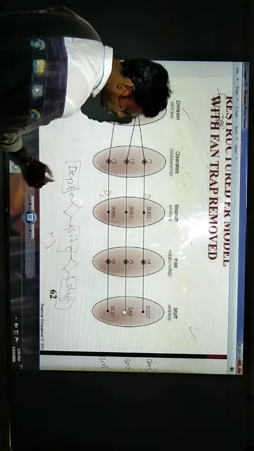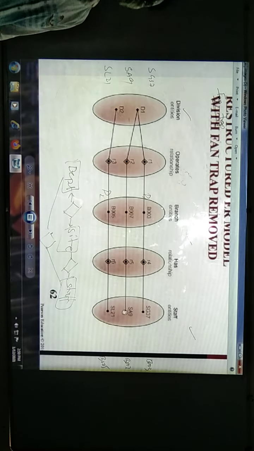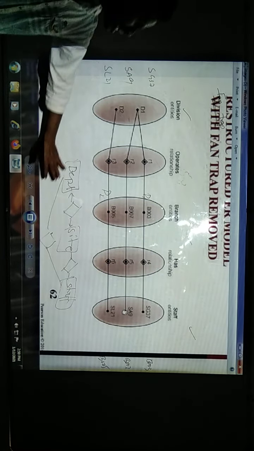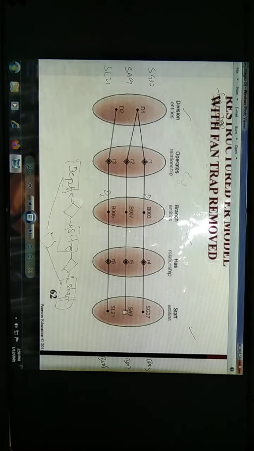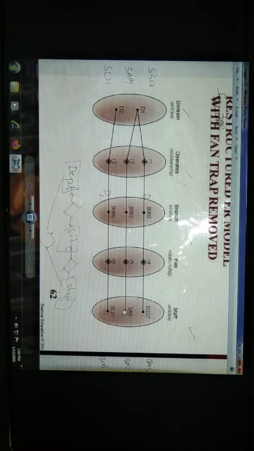If you are creating one more relation like this for staff and department, then you will be having clarity which staff is working for which department. Working will be the relationship. If you are creating that, your ambiguity will be removed. Okay, I hope it is clear what is fan trap.